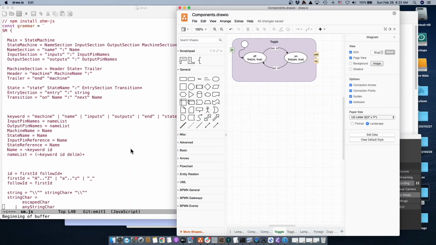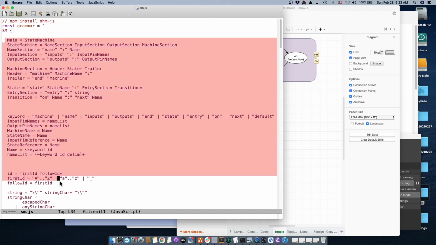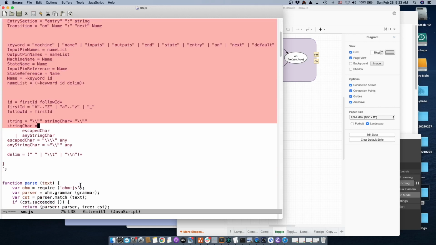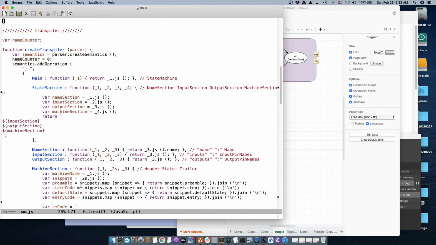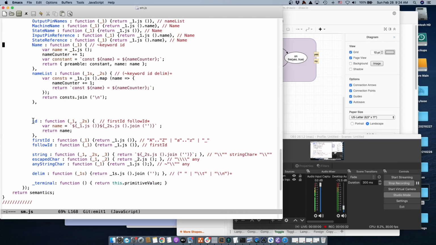So now I've hacked on sm.js for every grammar rule. Here I've created a little piece of JavaScript string concatenation stuff, like this here. I've made things very explicit, or as explicit as I can. If I go right to the bottom, one of the more interesting rules is the ID rule, and